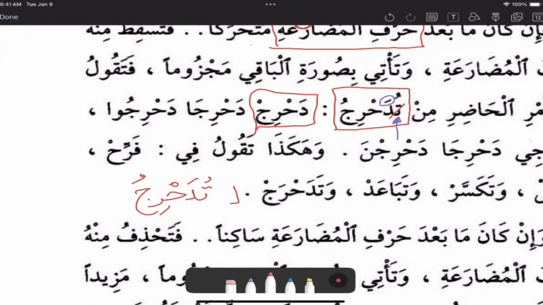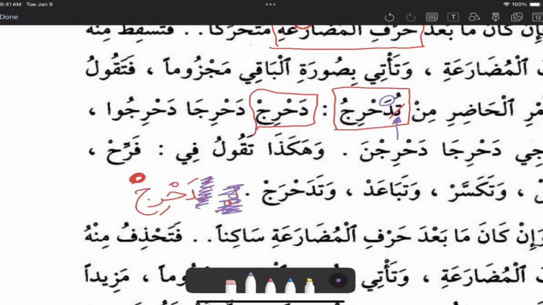If there were a jazim, then it's going to be majzoom, and the sign of jazim is a sukun. Lam tudahrij. If we want to make the imperative verb in Arabic, we're going to bring the mudari' verb, but remove the mudari' letter so that it's actually not a mudari' verb anymore. It's a different kind of verb. It comes from the mudari' verb. So we need to remove the mudari' letter, and we don't need lam anymore, and just bring the rest of the verb